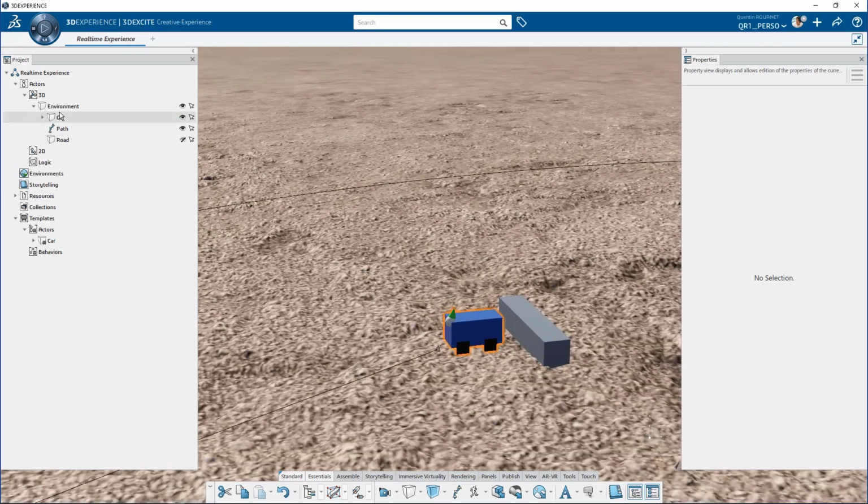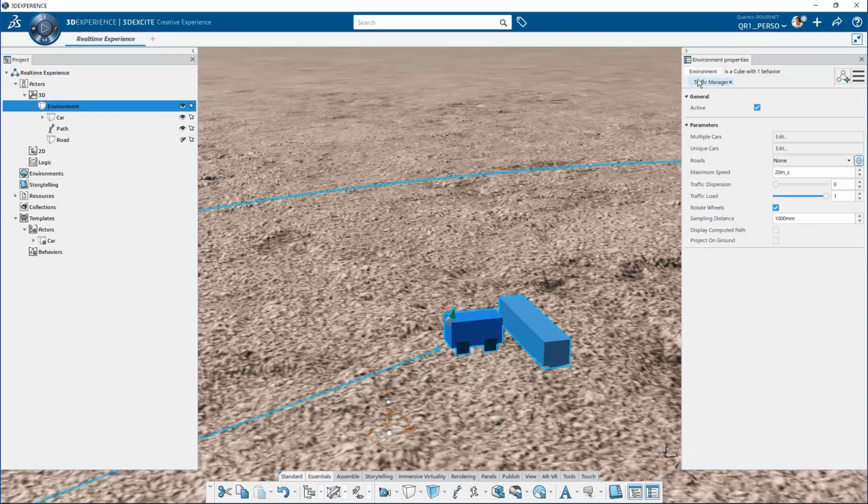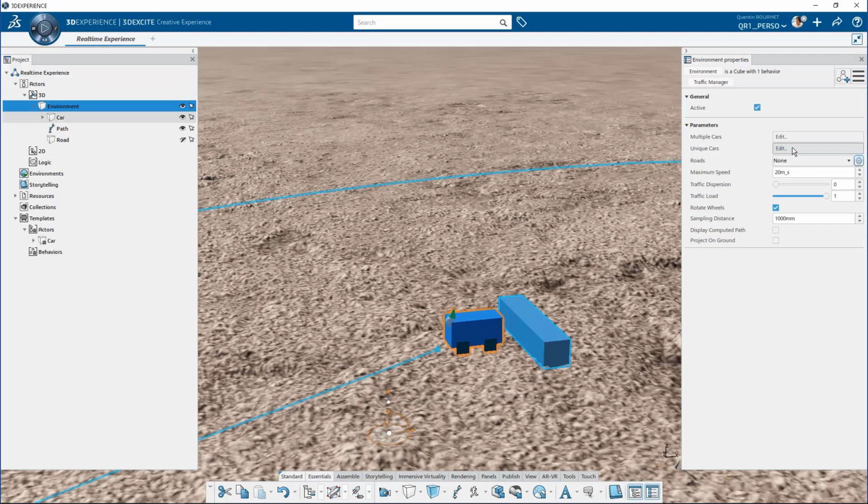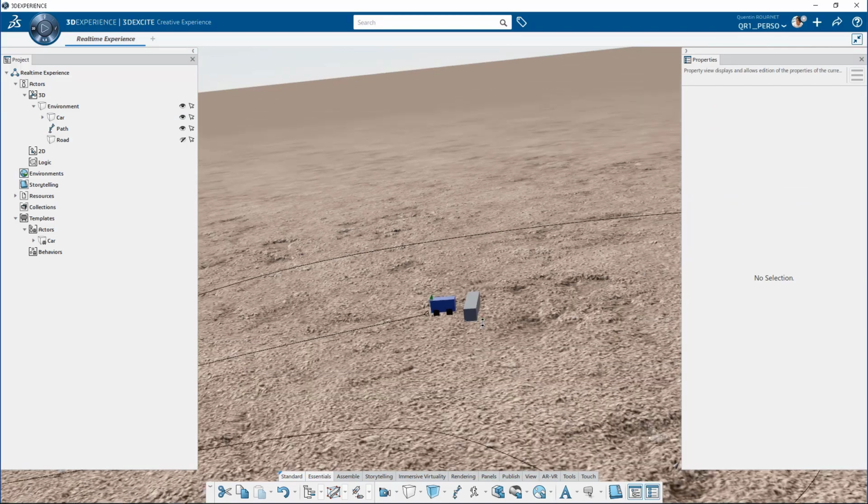So let's go back to our environment in traffic manager behavior. Here I can set multiple cars or unique car. Okay, if I use unique car, I add an item and I will select my car. Okay, I select my road, which is my path here. And that's all. Okay, so here, if I press play,